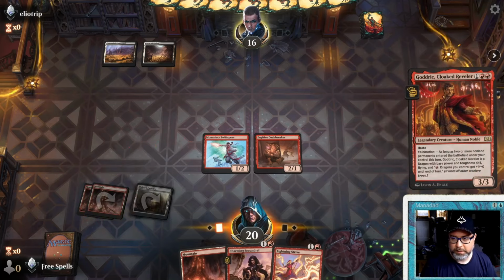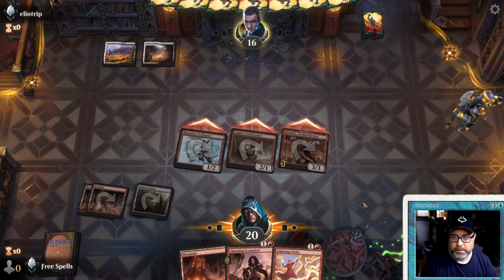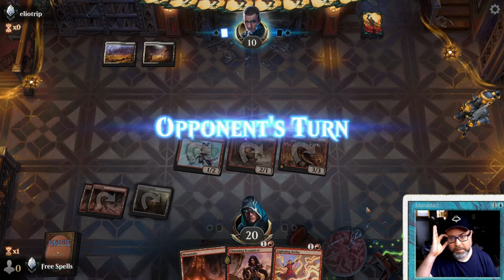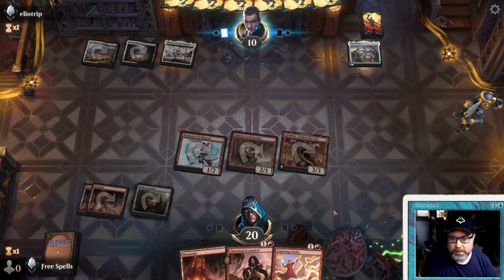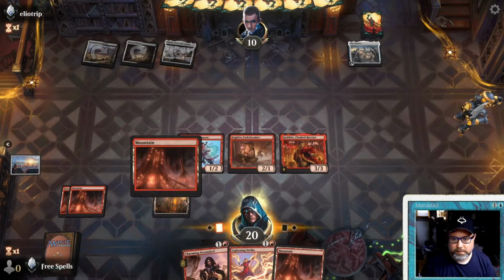Well, we'll try playing Godric, because they got removal. It's hitting Godric right now. Okay. So they may have the enchantment that takes all mana value 2 or less. Nope, Celestis. Okay. Well,